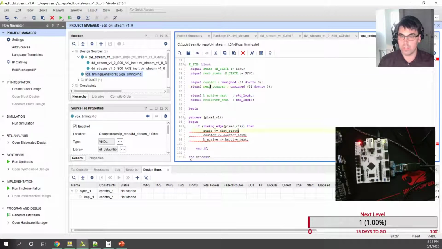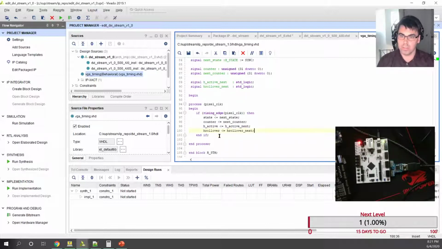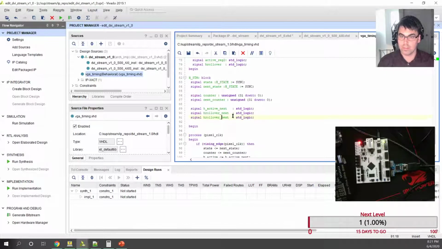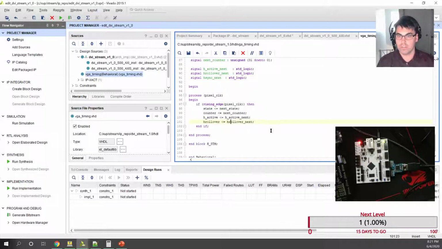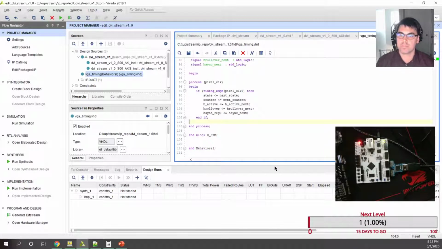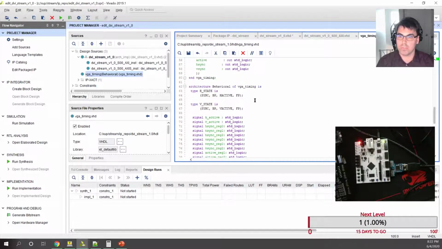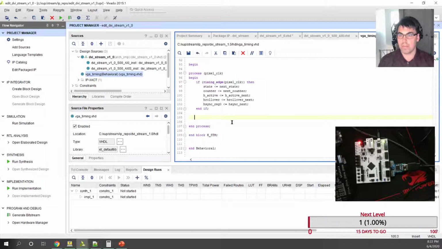That's all that really matters, right? Oh, and we need HSync next. Zero. Maybe do another block and move those into the other block. Okay, so now